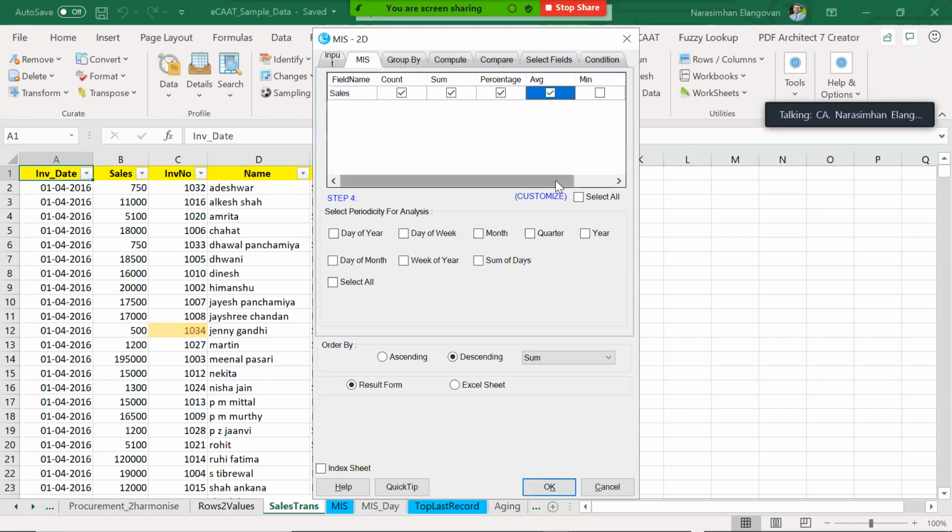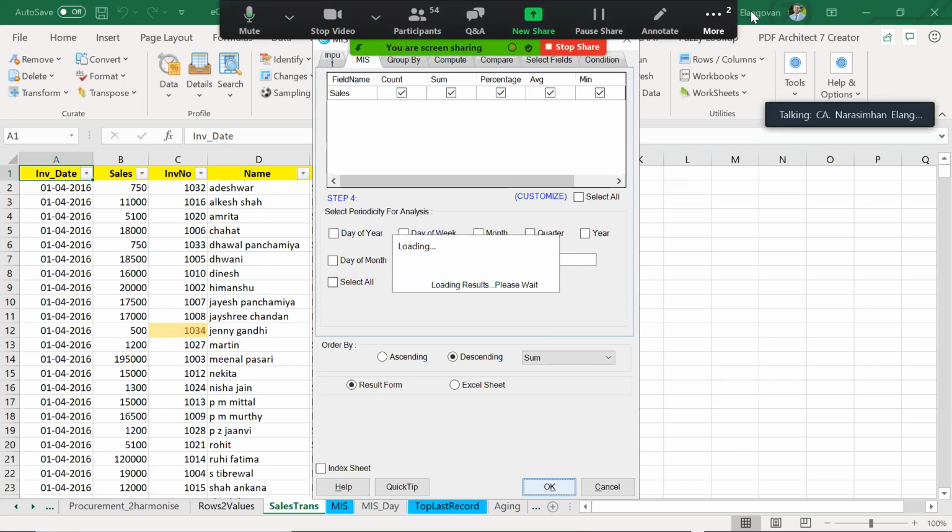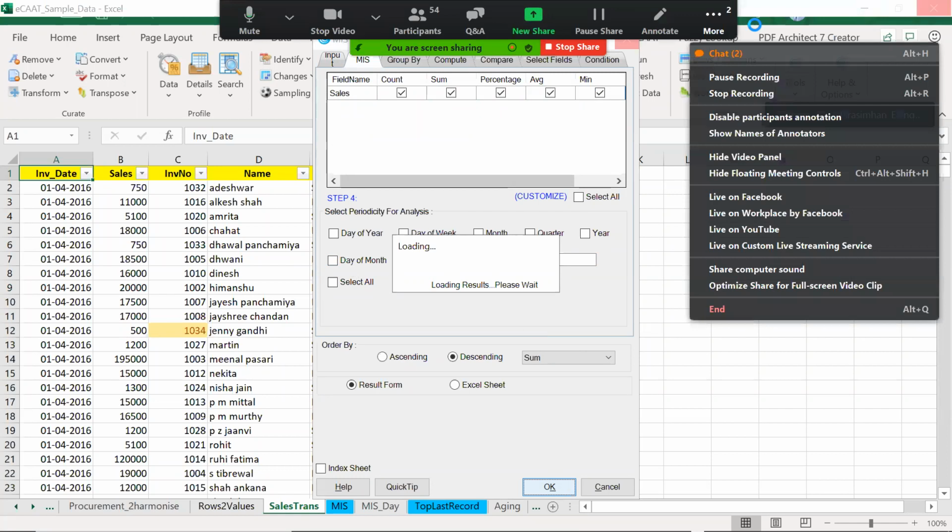I think that maximum I did not choose earlier, min and max. I think min was applying, max did not come, right? I did not choose that because I had to just scroll towards the right. Okay, somebody was asking sum of days. Let's say sum of days 5. Okay, let's see what the results are. It may take a little while because it has to sum up these dates, and based on that it has to run this report.